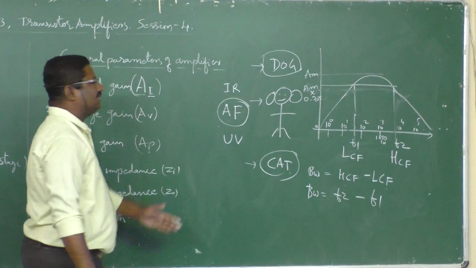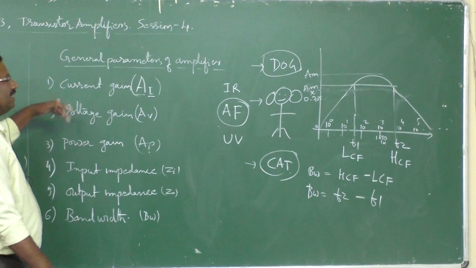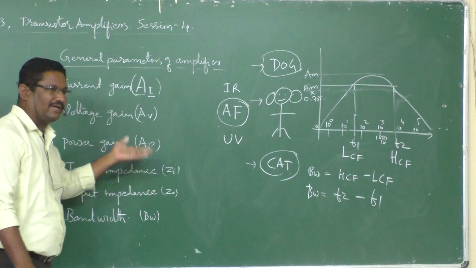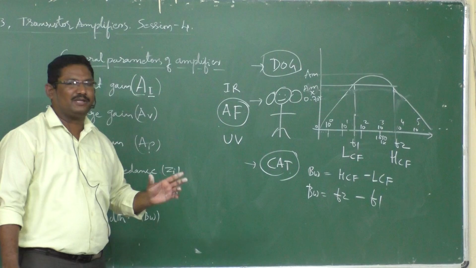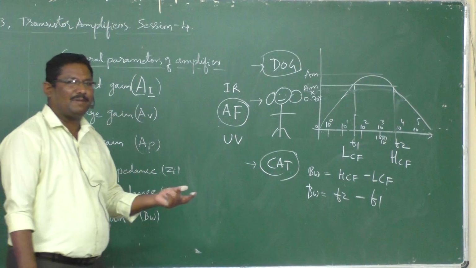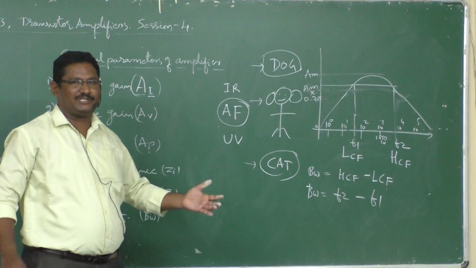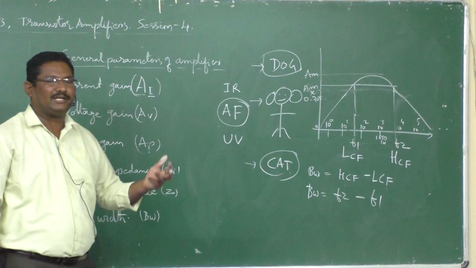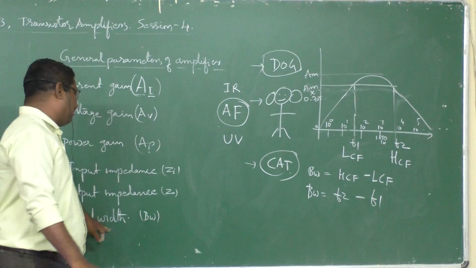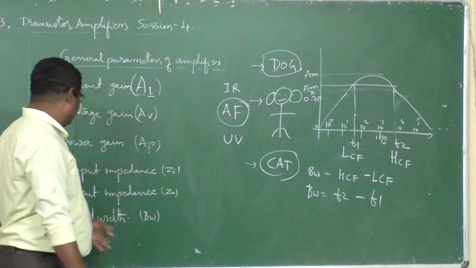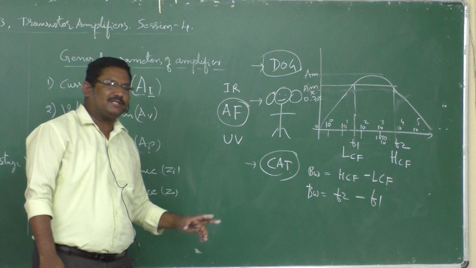So these are the general parameters of the transistor amplifier or any amplifier. If you consider an operational amplifier or FET amplifier, there we must see them. Before purchasing a mobile, we come across the battery, the signal strength, the frequency of operation, the bandwidth, whether it is 2G, 3G, 4G or 5G supporting. There we check the bandwidth, and then we come across the input impedance and output impedance. So what do you mean by input impedance and output impedance?